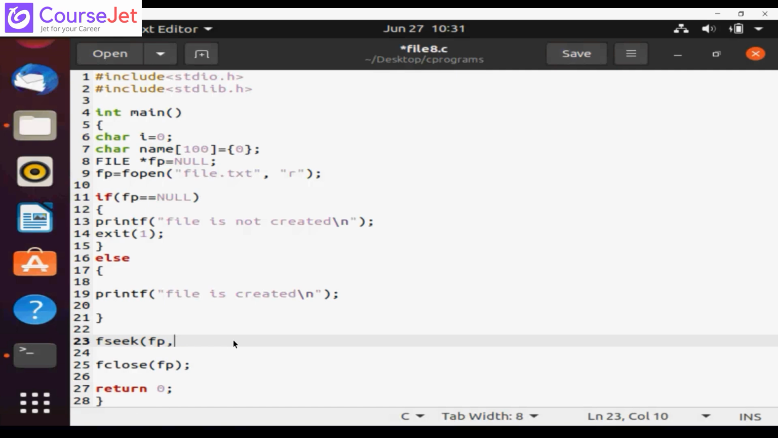One is your file pointer, and then here we will shift the position by 1. So here we say by what number you want to shift. We call it the offset, and then here you will say